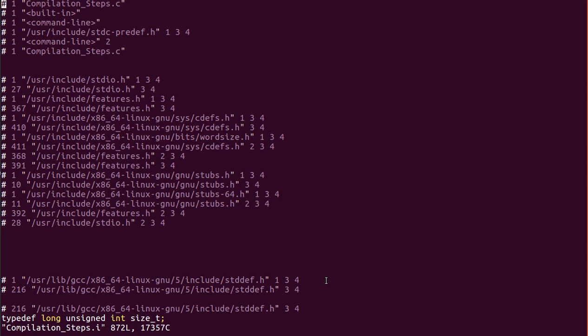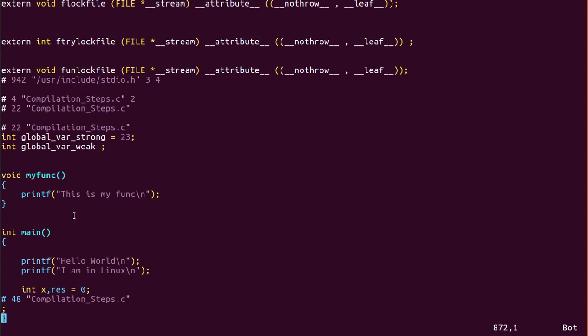Now I want to show you what the pre-processed output looks like. As I have already mentioned, the comments get removed. As you can see, this is my main function here, and there are no comments. Now you can see that the string that I declared in the macro gets replaced.